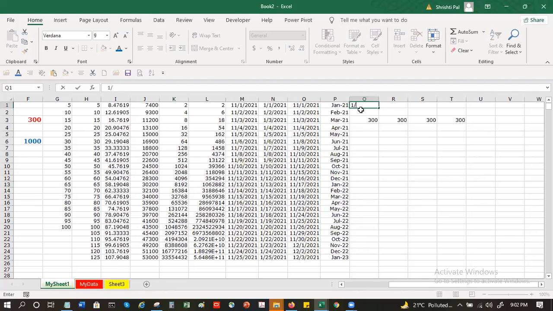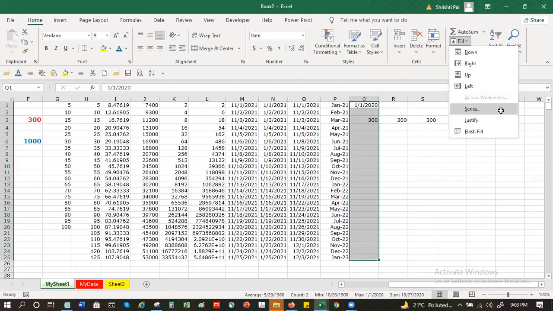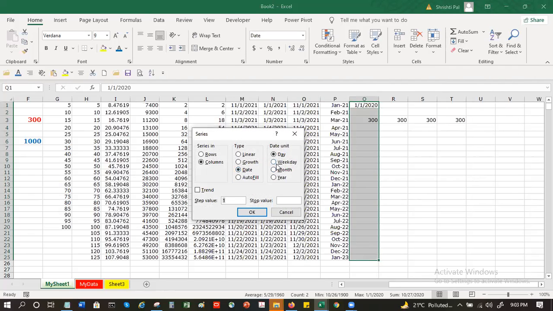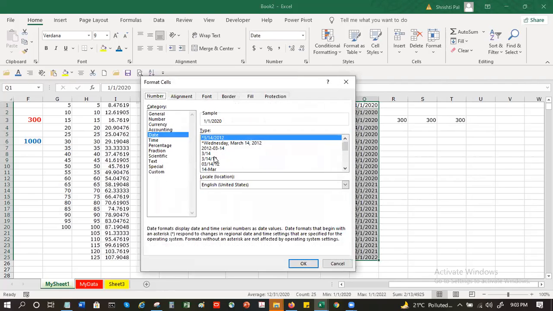All you have to do is just go there, highlight this. Let's say I start with this again. I can do from 2020 as well. Fill, series, date, go to month, one. It showed me this. Next, I go here and I choose the format that I want.